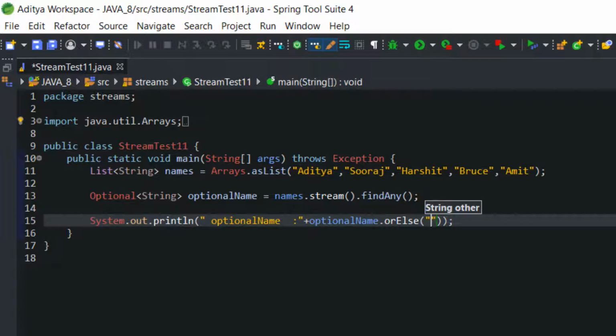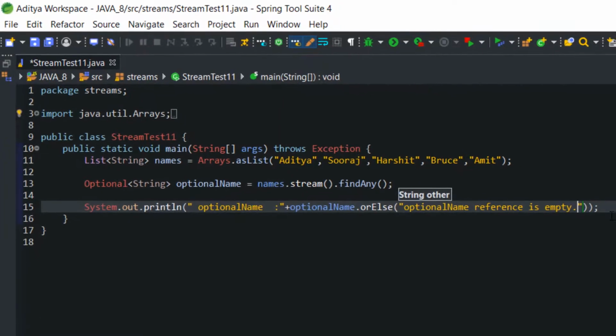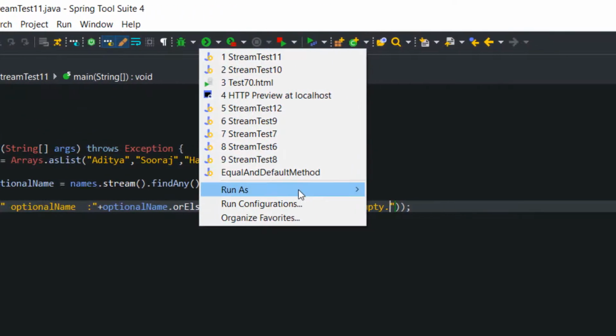For example, right now I have written orElse here. I am going to write here "optional name reference is empty". Right now it has saved one name, my name Aditya, so it should not go into the orElse block, right? So let's see.